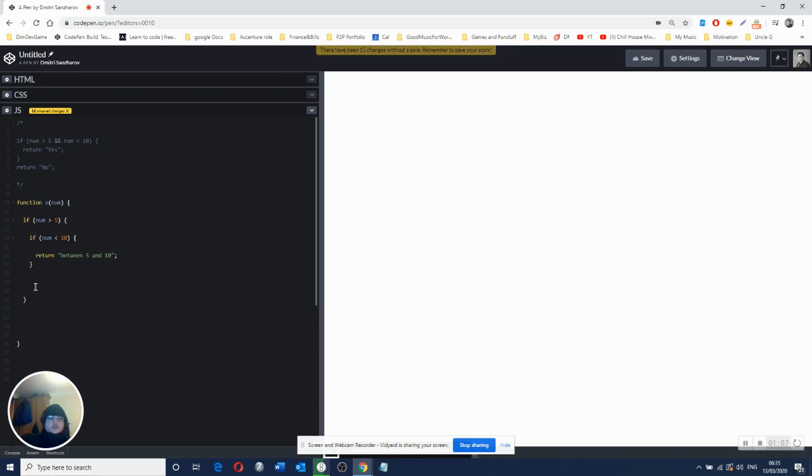If not, then we return, well, actually we'll put a return statement at the end of the function then. Return smaller or